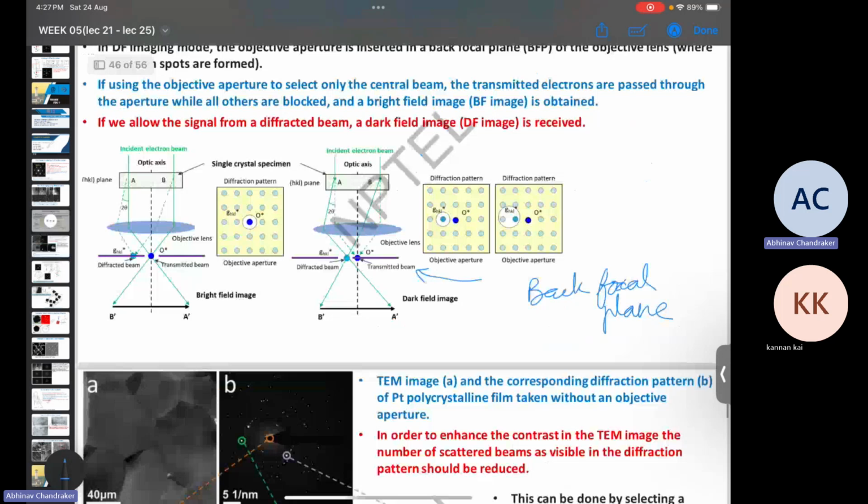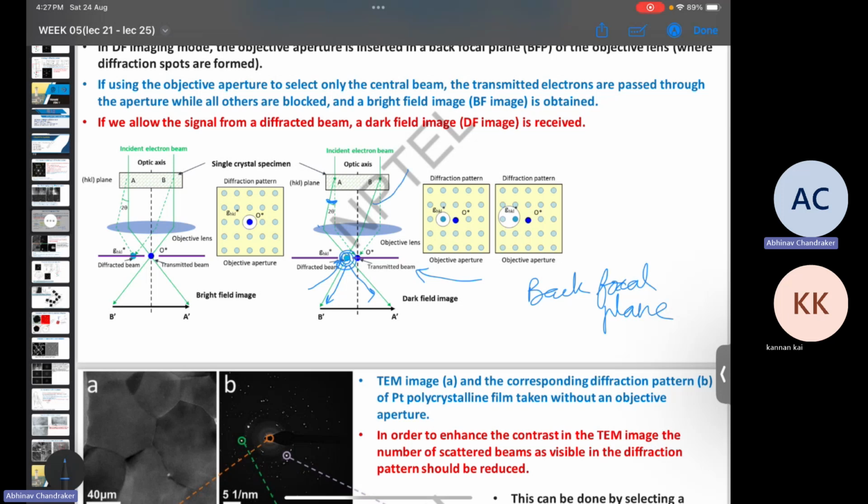And the reason this is kept in the back focal plane, I'm not sure if sir has discussed this, is that once you have a diffraction happening at an angle of 2 theta, then all the parallel diffracted beams will pass through this objective lens, and then focus at a point here which will be away from the optic axis. After this, it will go in different directions, but it will all come through one single point. And by choosing only this point using an aperture, we are able to get information corresponding to